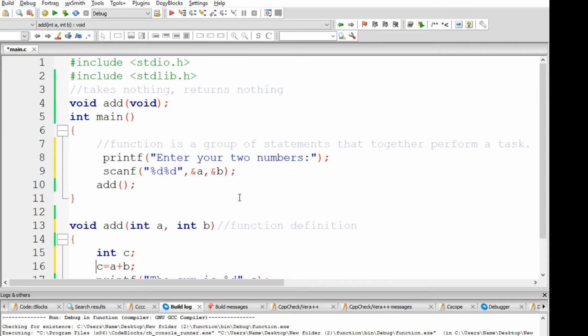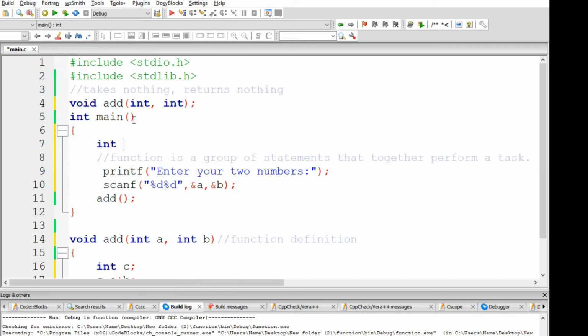Okay, now we want to change the function declaration here, integer, integer. If you don't write anything here, it is okay. Integer, we just want to show that it is the function which takes something nature. Now we want to declare here integer x and integer y. Here instead of a and b, we just put x and y,